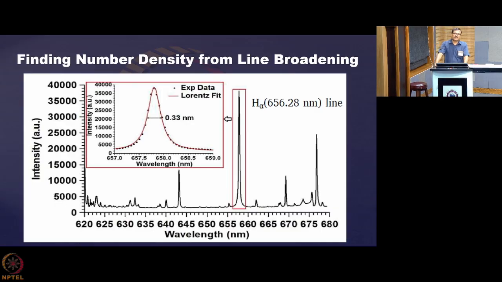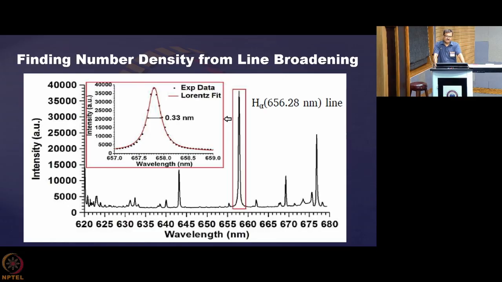So once you are able to get the emission line, the broadening that occurs in that line will basically be contributed by the number density of electrons present there. So the hydrogen you are introducing is actually acting as a probe to determine the number density without significantly affecting the plasma. But if you are anyway using some gas species which naturally contain hydrogen atoms, then this line will be present anyway.